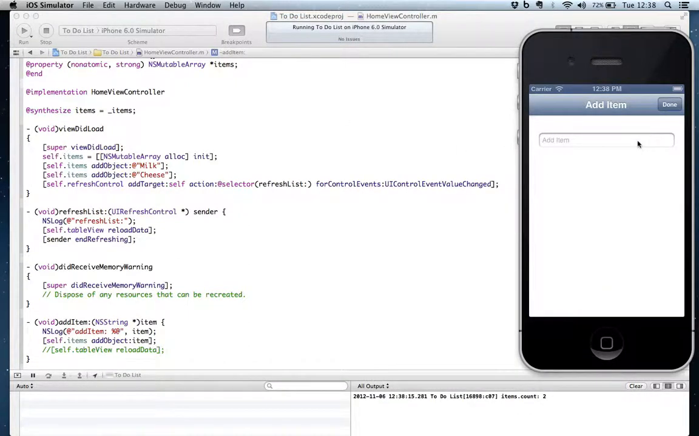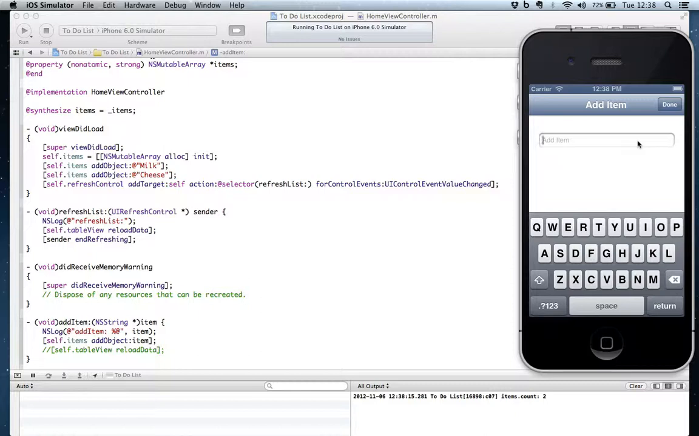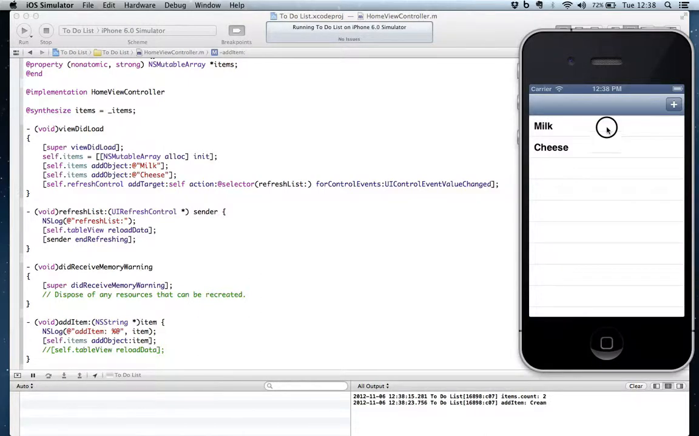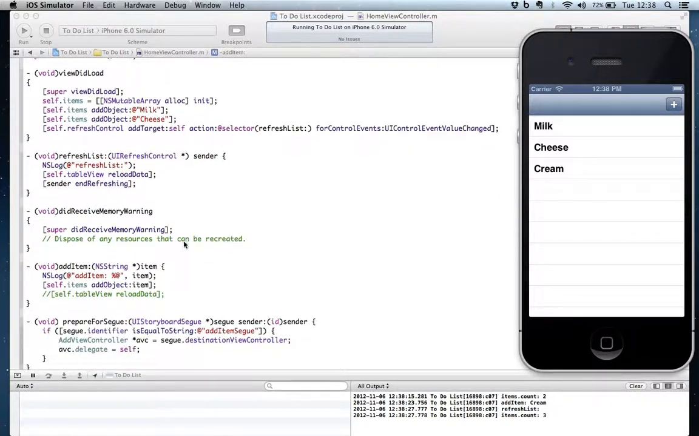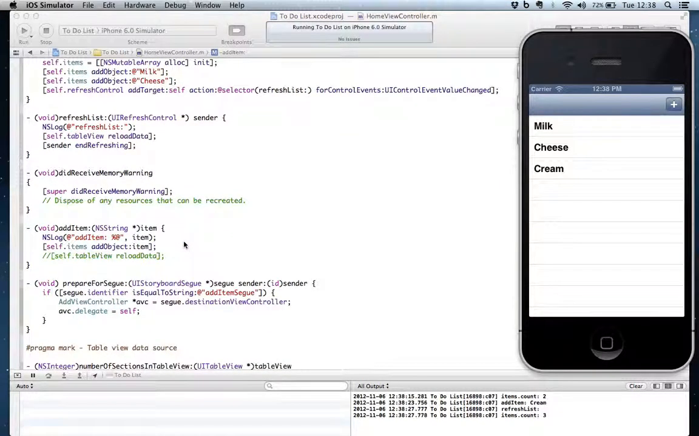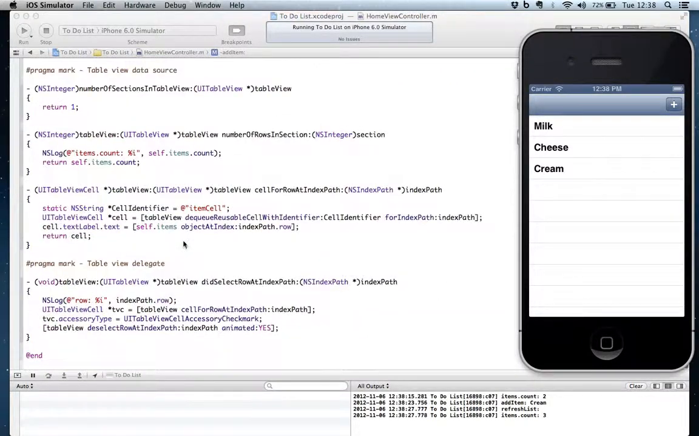So if I add an item, done. If I pull down, release, it then reloads all the data from the modified array. So the final step, which I might as well do, is to make sure we can check and uncheck the boxes. So down at the bottom,